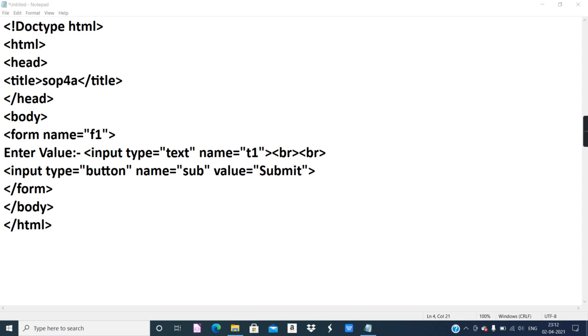So first of all we will need a form, and you can also see the first question. SOP 4 has two questions, and for both the questions some sample output is given. The statement reads to accept a number and validate if the given number is a number or not by clicking on the button. So the user can enter anything and check whether it is a number or not a number.